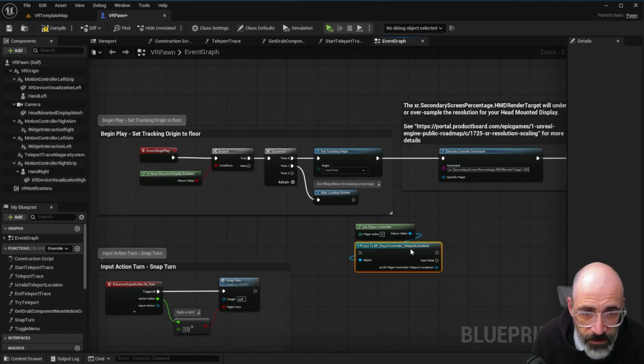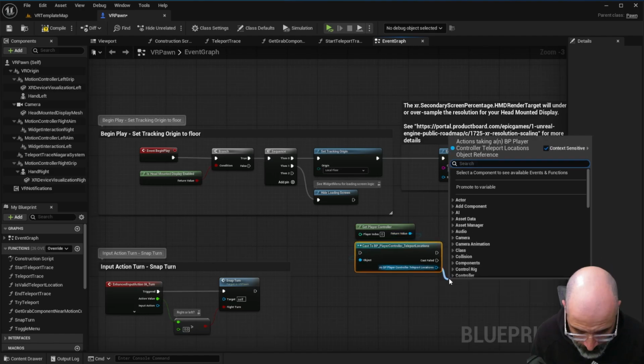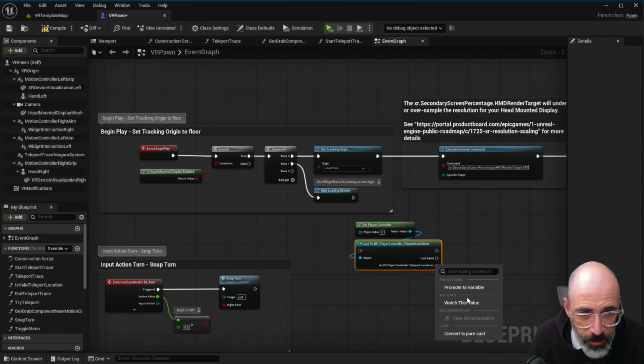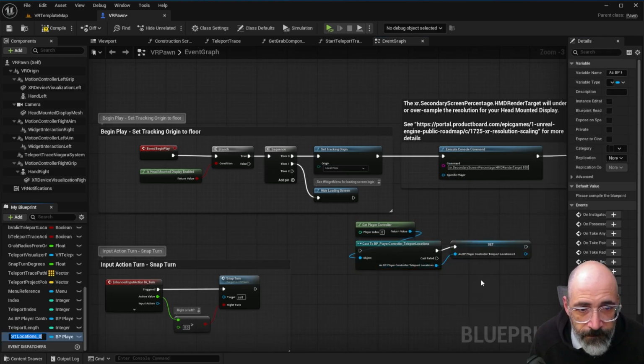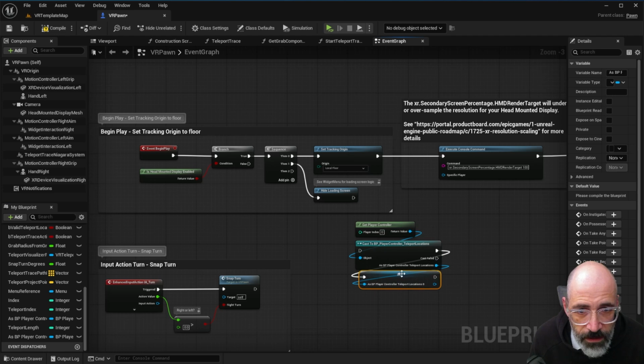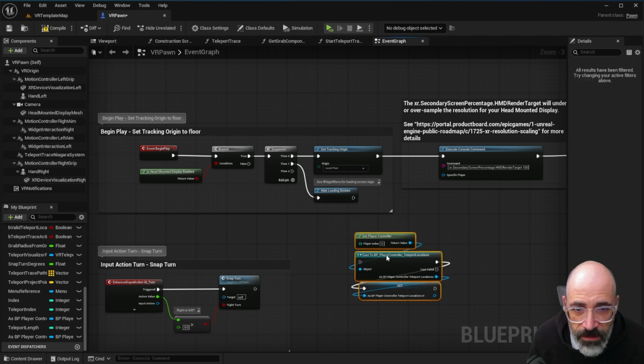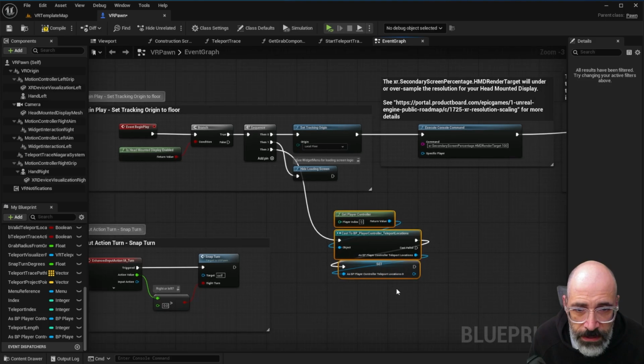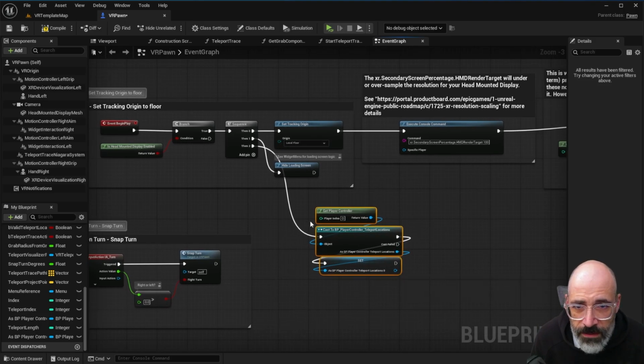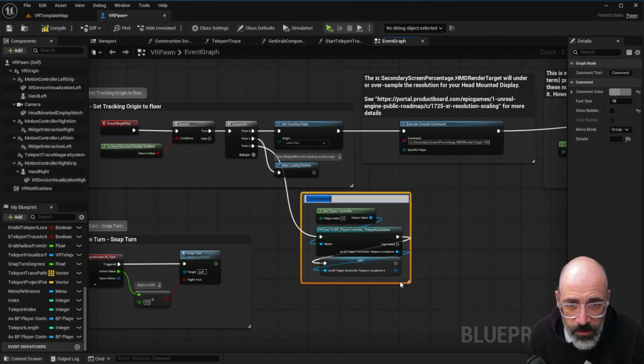That's the one. And in here, we are actually going to save this as a variable. Great. So this here is sequence number 2. And let's put a comment here, and this would be set player controller